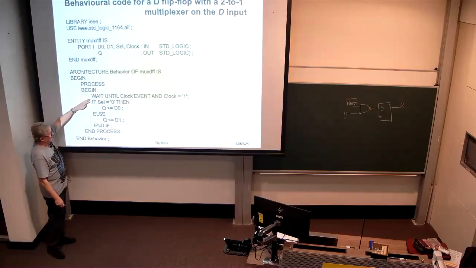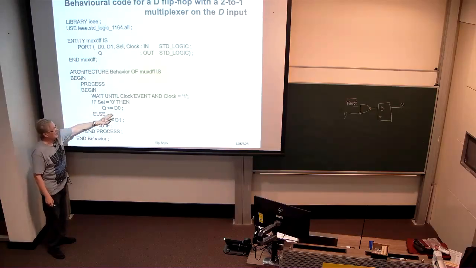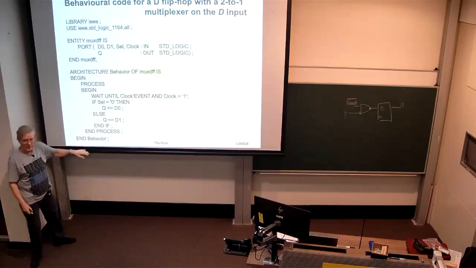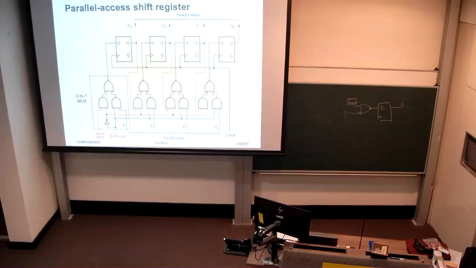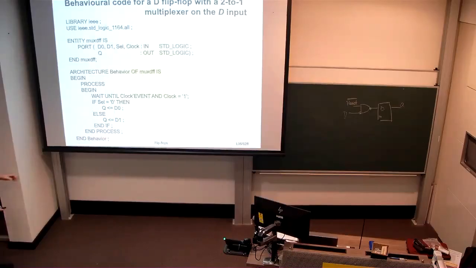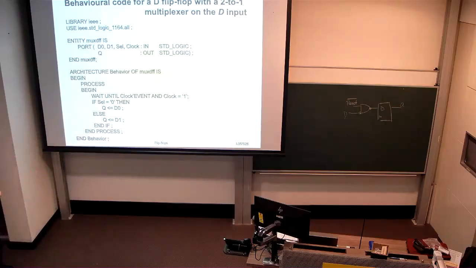And when we do get an active clock edge, based on the value of the select input, we either load D0 or D1 into the Q output of the flip-flop. So that's literally just describing one stage out of this structure here where we have a 2-to-1 mux coming into a D-type flip-flop. So to describe the shift register overall, we want to instantiate 4 copies of this